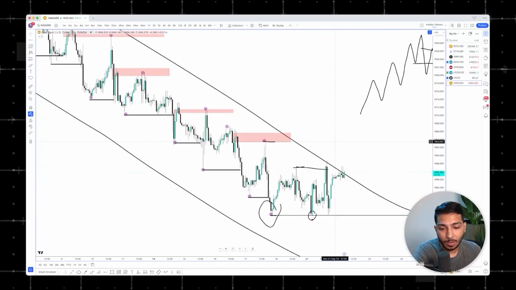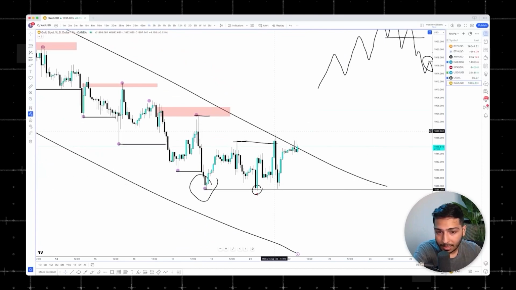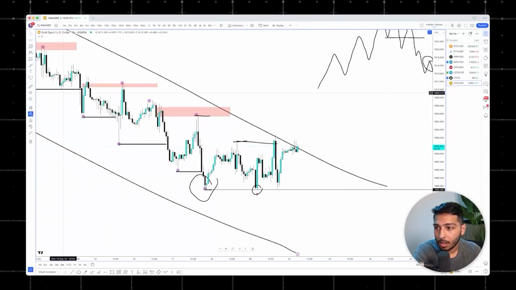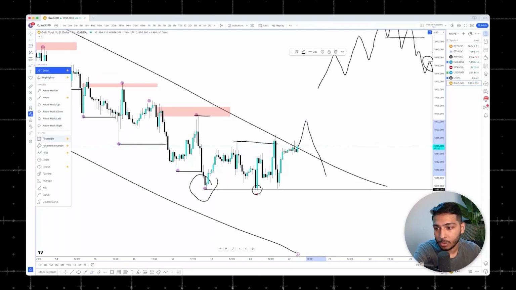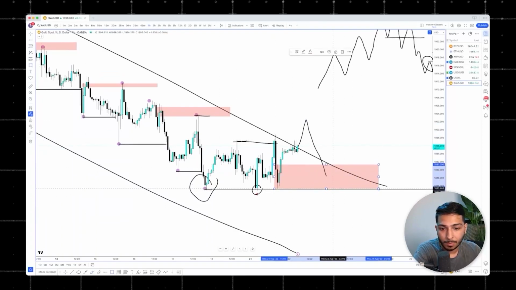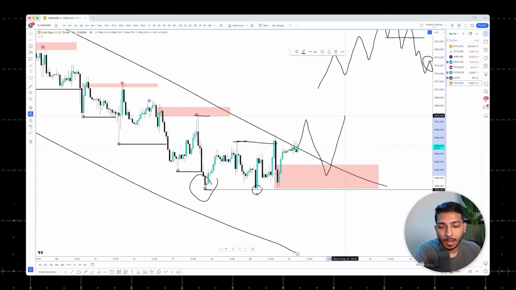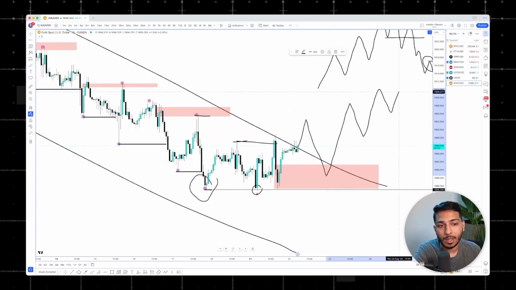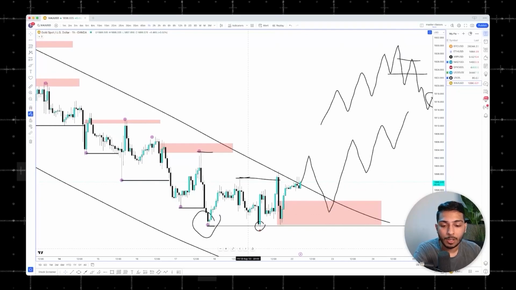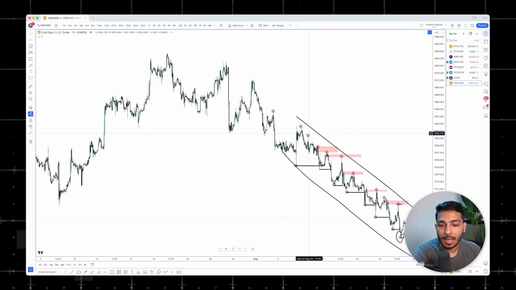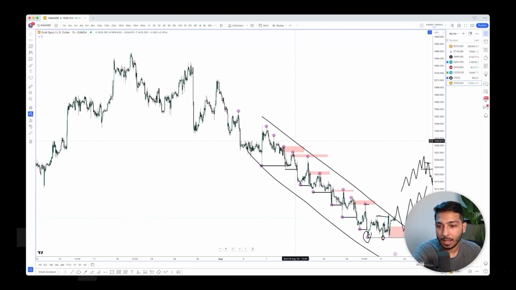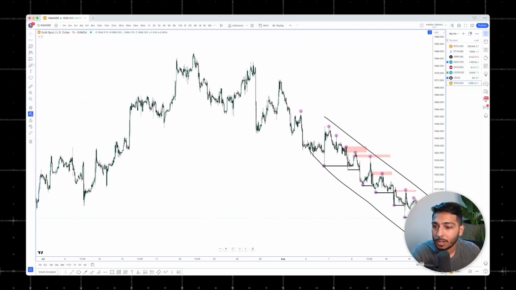But to break this down into more depth, right now we have technically broken structure to the upside. So what can we expect? If we see gold pop off through this range, if we pull back, I see a block here that's looking kind of juicy. Maybe we can react off this block, and then we can take price higher and keep riding the waves, right? Now, market structure might not be something that you understand and are able to break down within a day, but it is something that, hey, once you start getting the hang of it, higher highs, higher lows,